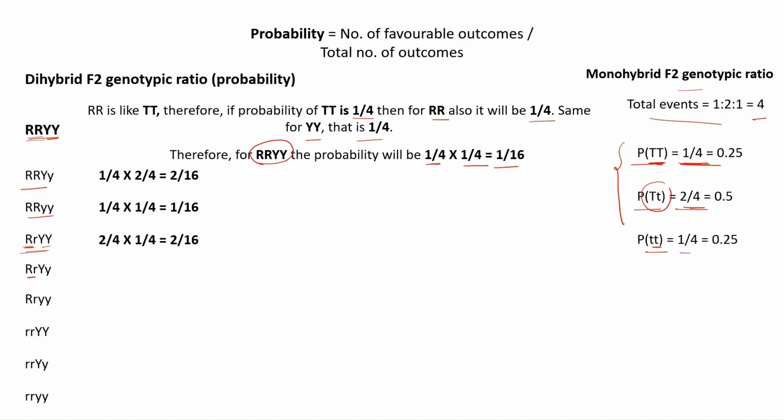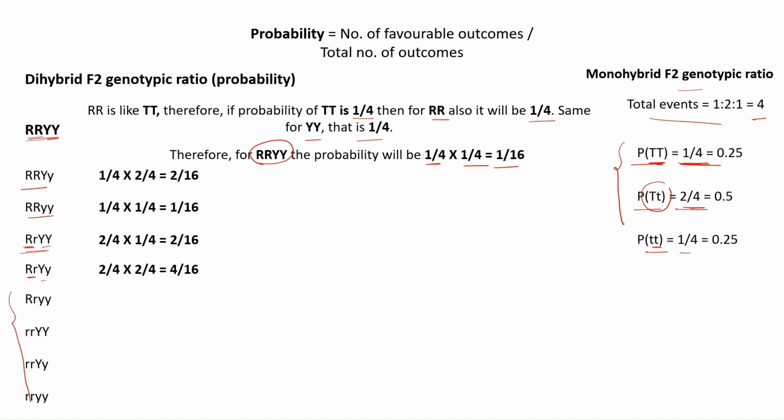Now here again capital R, small r, 2 by 4. Capital Y, small y will be again 2 by 4. So here it will be 4 by 16. Rest is your homework. You calculate and let me know in the comment section what the probabilities will be for